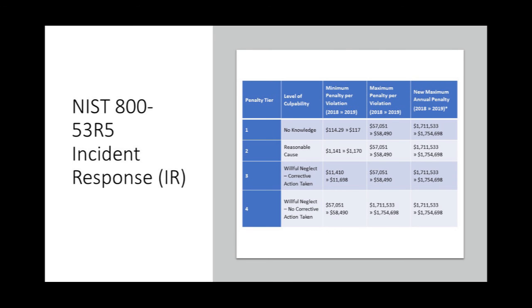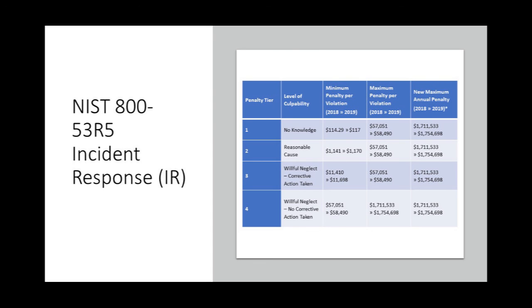Incident response, penalties and fines, and culpability. So I printed out the HIPAA version of culpability. The new maximum annual penalty is $1.7 million. The maximum penalty per violation is $58,490. So let's look at penalty tier 1. No knowledge. The minimum penalty is